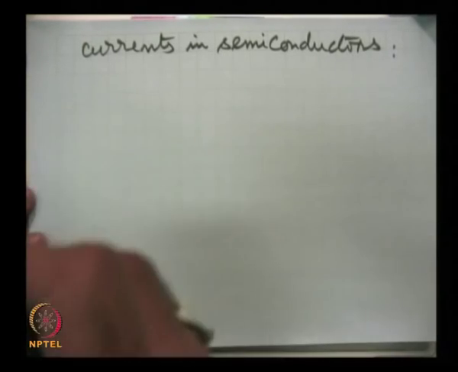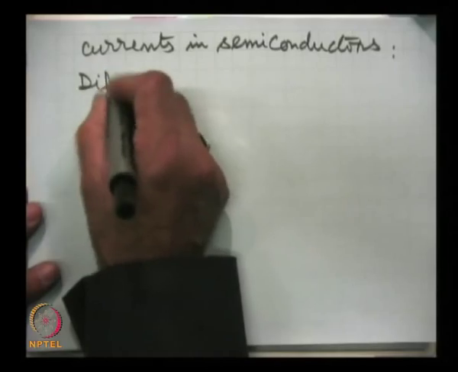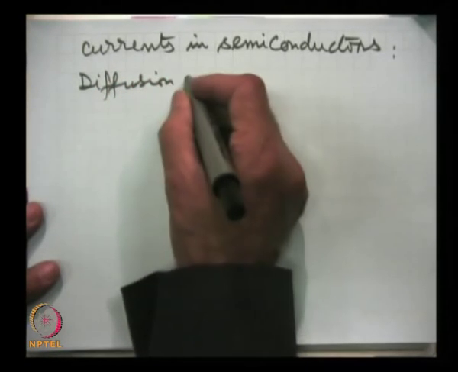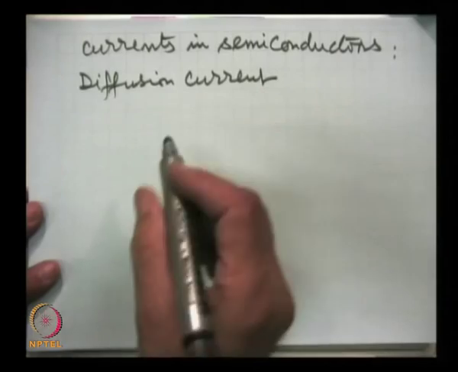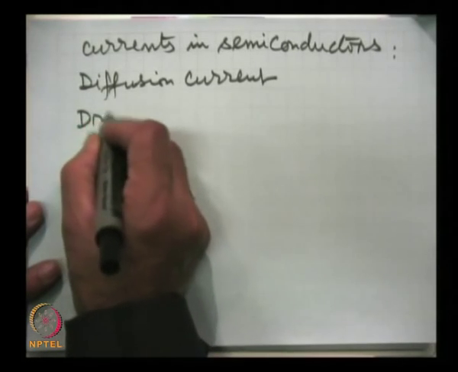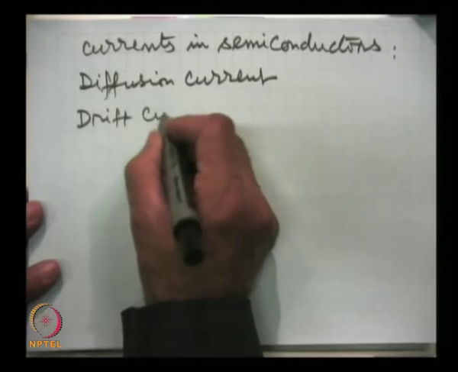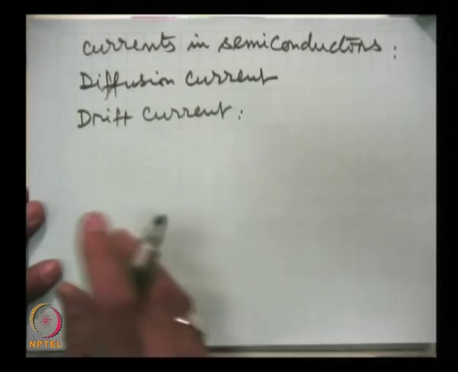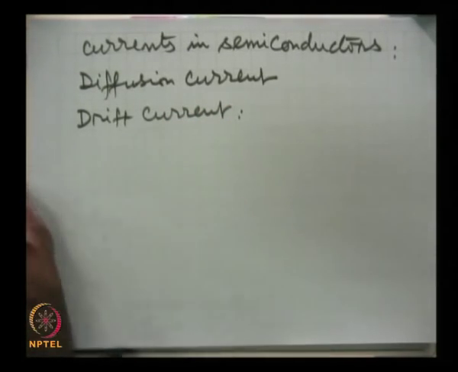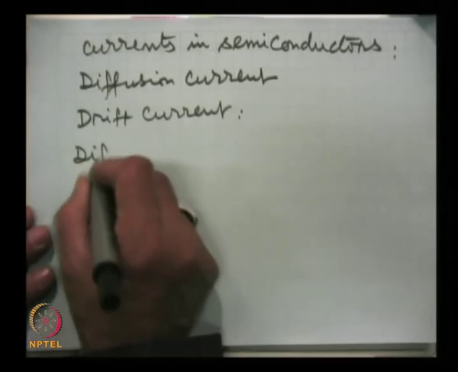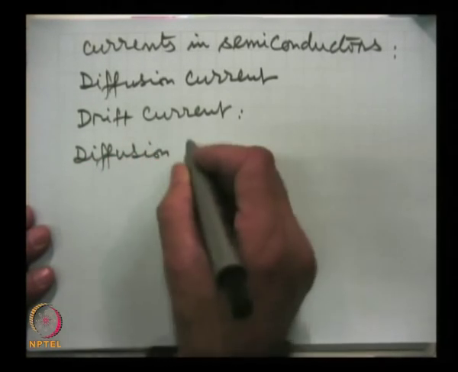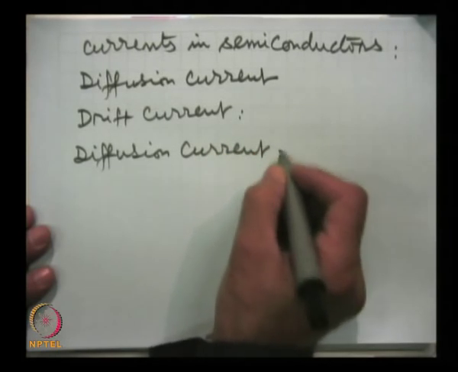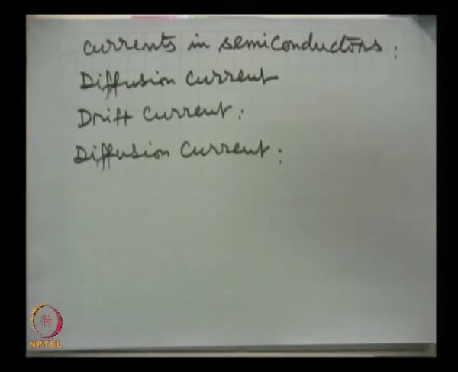These are diffusion current and drift current. First, we talk about the diffusion current. Diffusion current arises as a result of carrier density variation. If there is a gradient, then